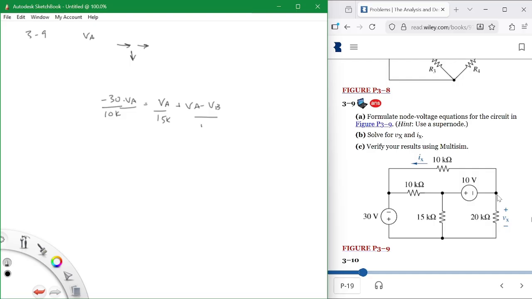So we do know the current here. This one is, we can't write this equation at VA because we don't know the current going in here. We can write it for here, however, and